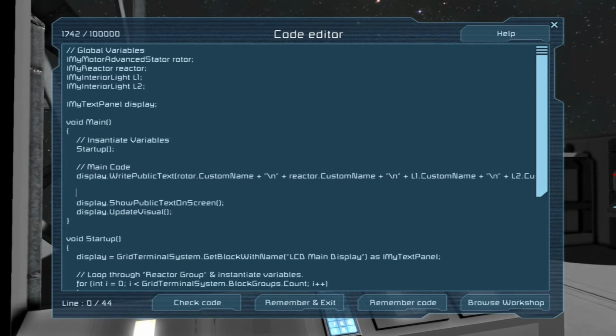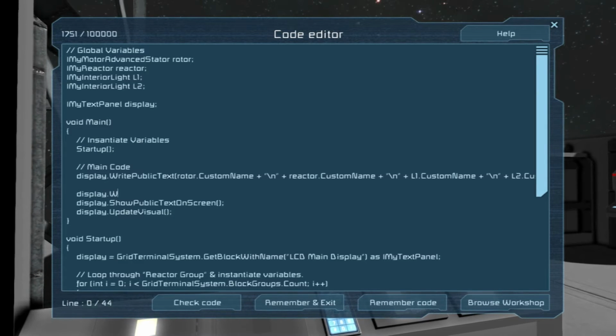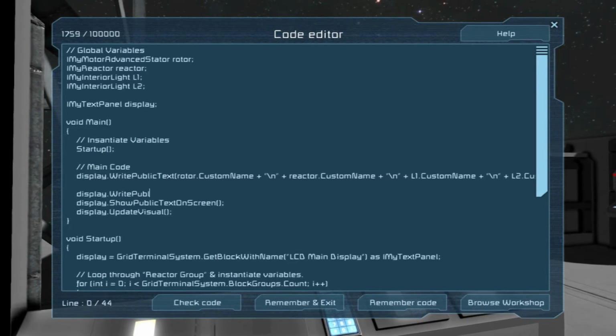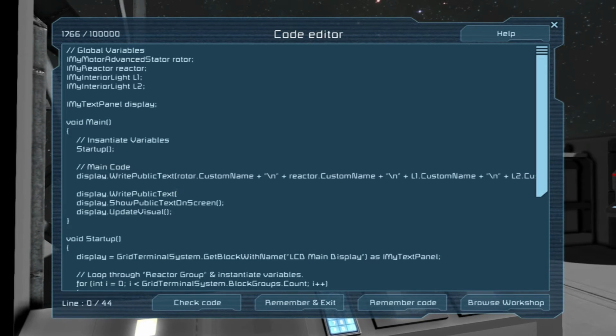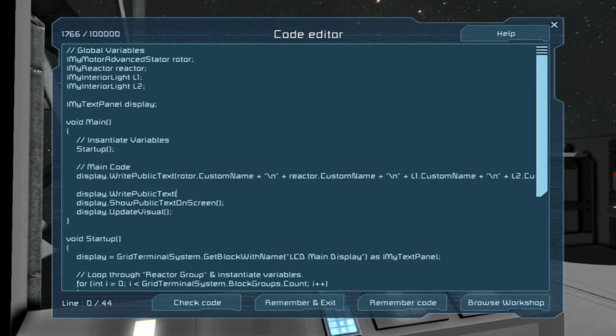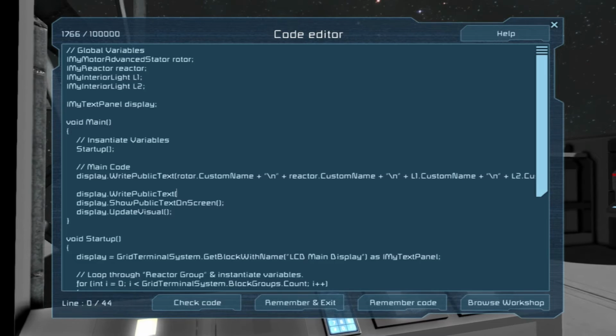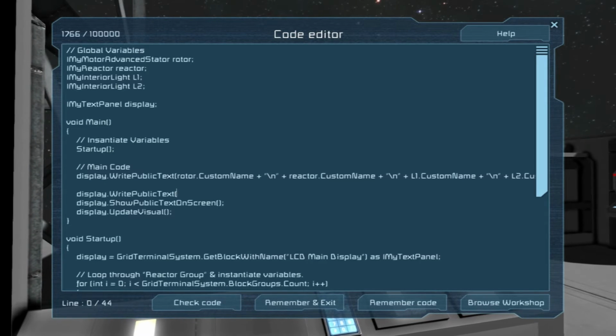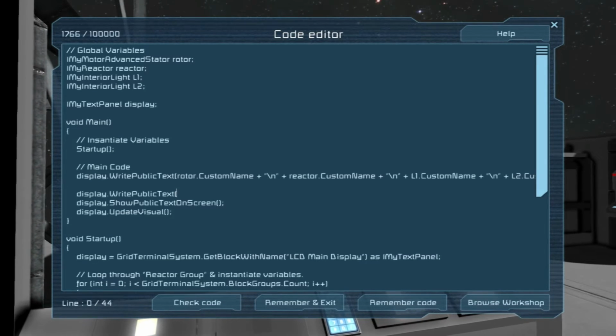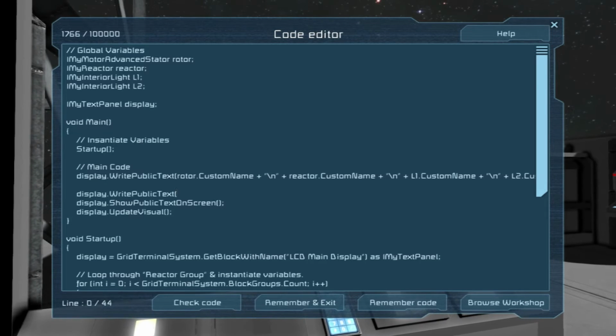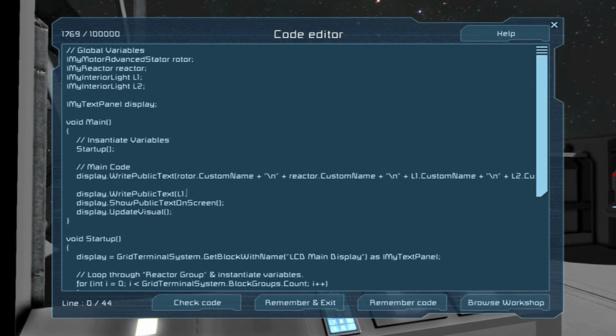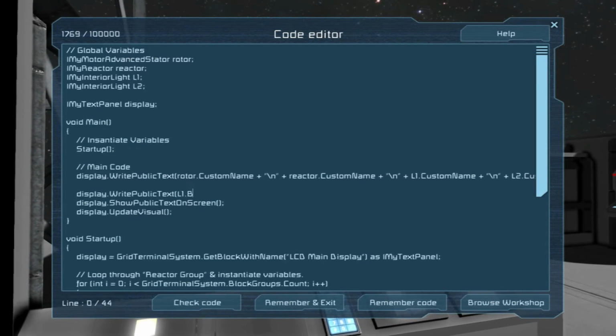So the variables are instantiated now. Let's do display write public text, and let's use the lights. We'll use L1. So L1 dot... I wonder if this will work.